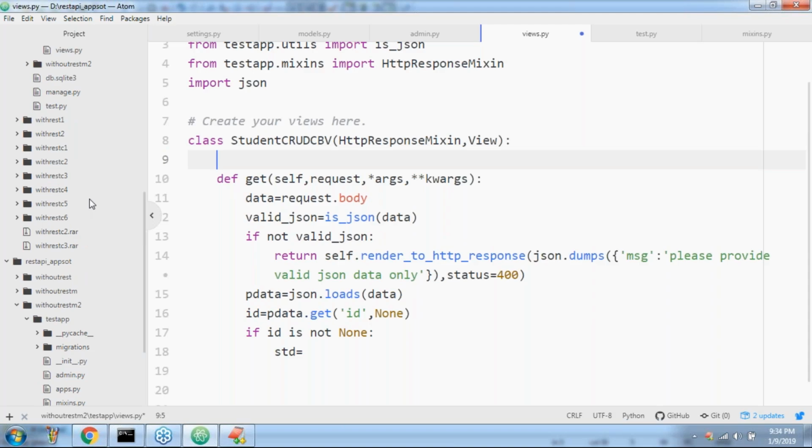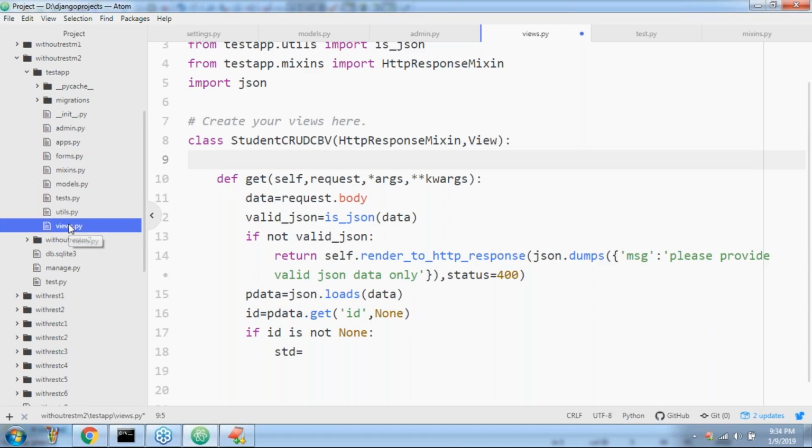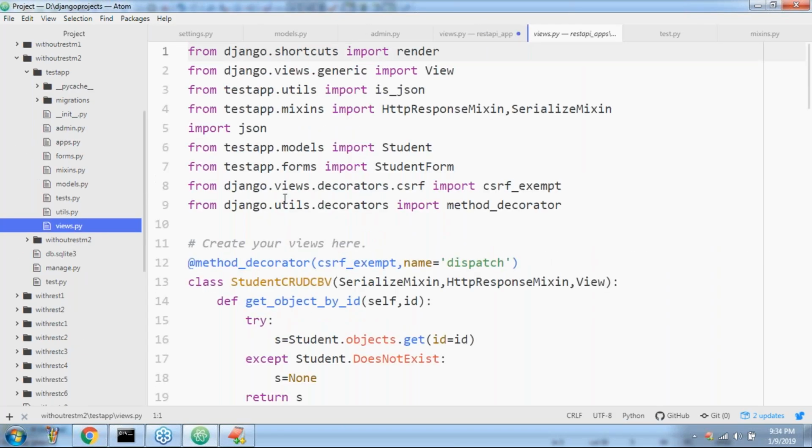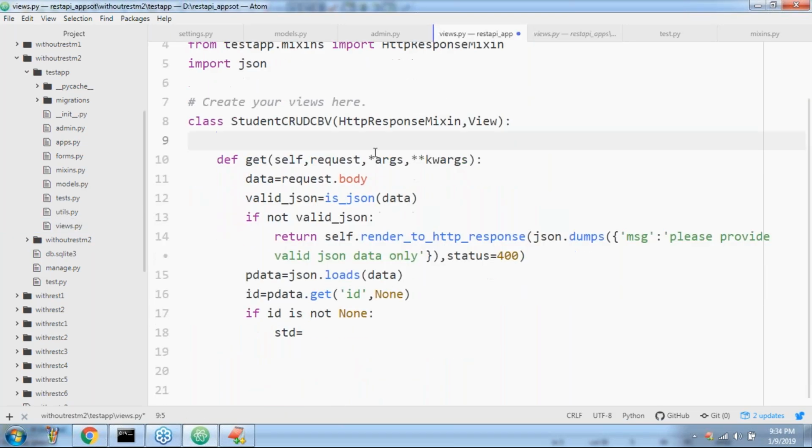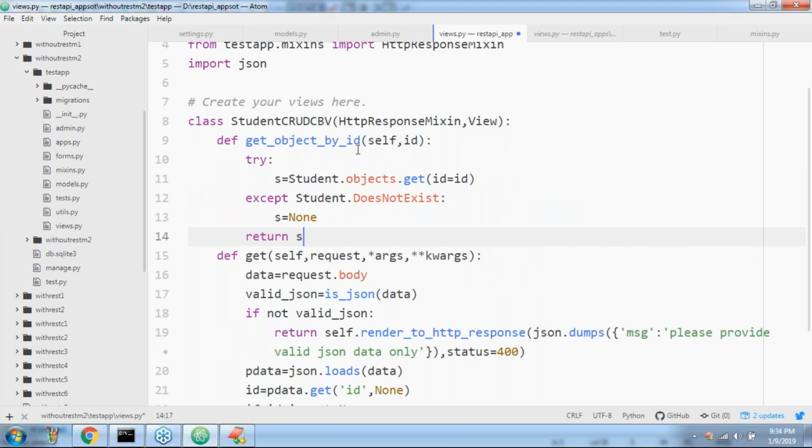Yes, I already defined this one here. Just have a look once, sir. What is this method? Observe a bit very carefully. If you provide an id, it is going to get the corresponding object. If there is no such object, the value will become None, and it returns.